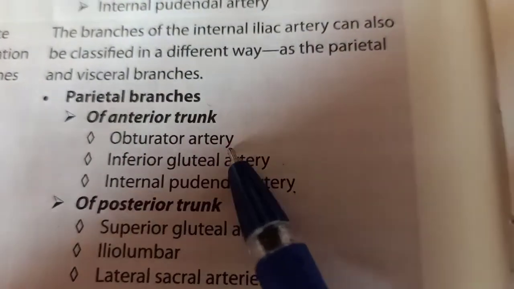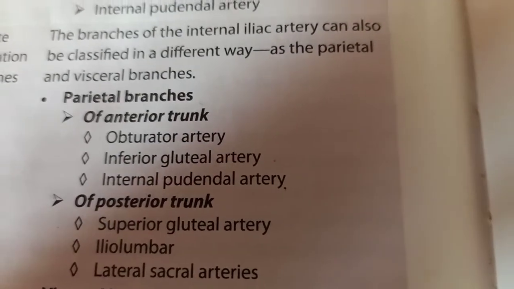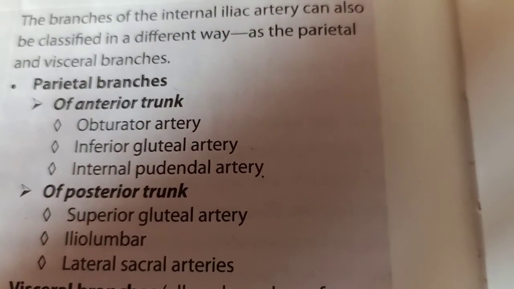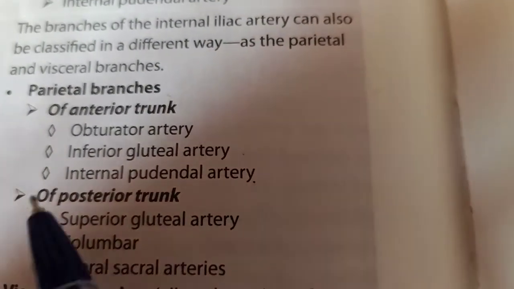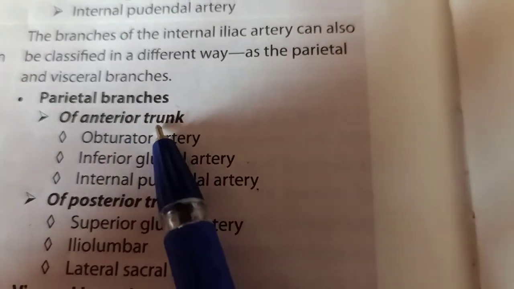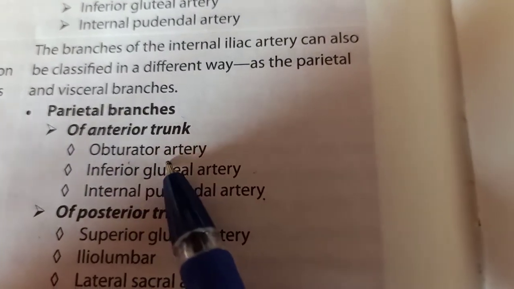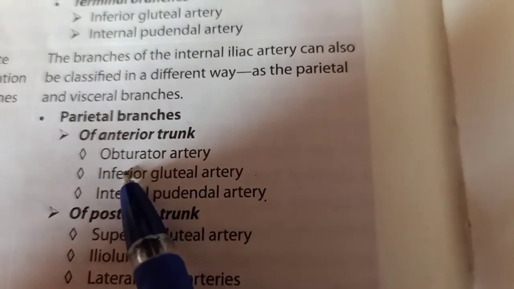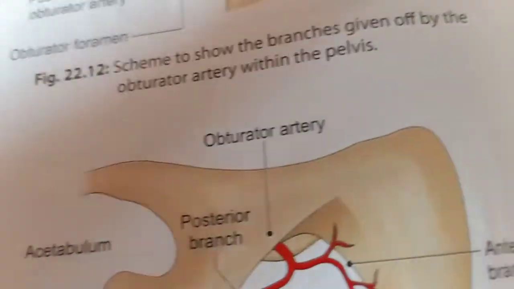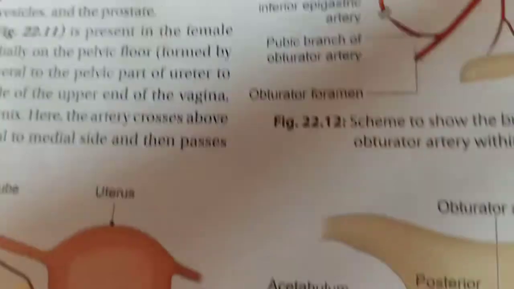So first we'll go through the obturator artery. In my introductory chapter on blood vessels, please go through that video, I mentioned that the obturator artery is a branch of the anterior trunk of the internal iliac, and it supplies the obturator internus muscle by reaching the obturator canal. So here we'll study the course of the obturator artery.